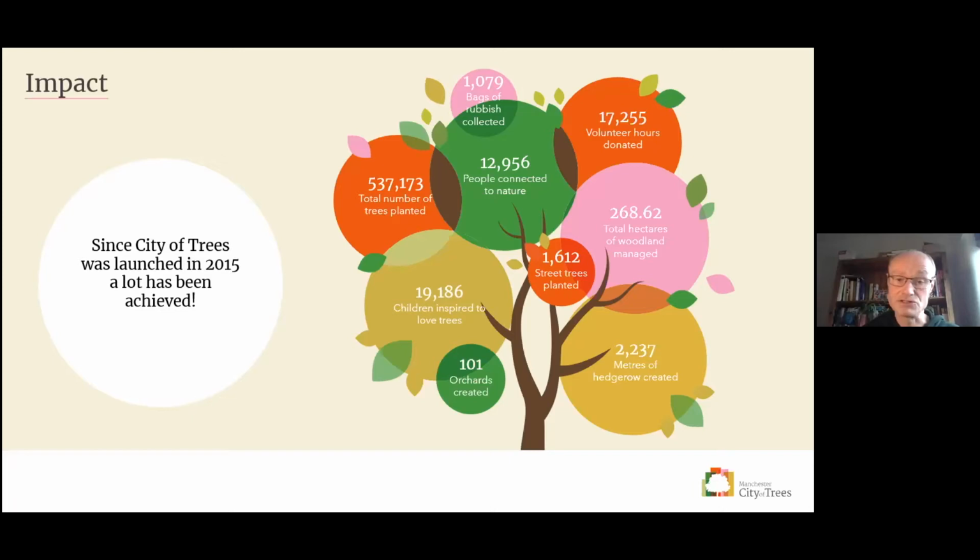We're also, as you can see, planting street trees, and that's really important for urban areas, especially where tree canopy cover is low and green infrastructure is low. So woodland management as well is another key figure there. We've already brought back into management another 268 hectares, so that those now are very attractive spaces for local communities to use. Lots of other figures I could go into here, but I think probably we may be running out of time a little bit.